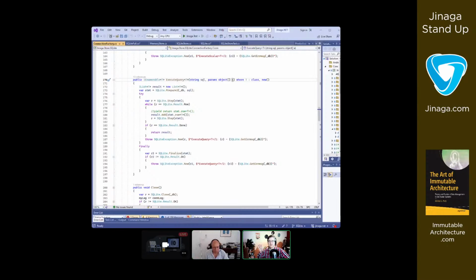Frank Krueger's abstraction is intended for applications to use. So it's an ORM that you're supposed to be able to pass in application types, like this execute query of T. T is supposed to be some data type that's in your domain, but we're building an abstraction, so T is not going to be the type of a fact that's in your domain. What it's going to be is actually going to be dynamic. That'll be just a row from our database.